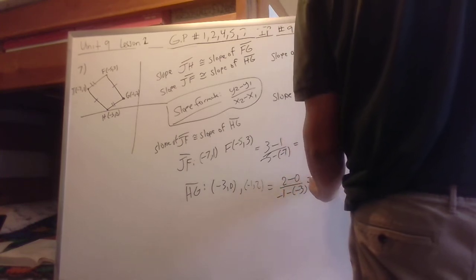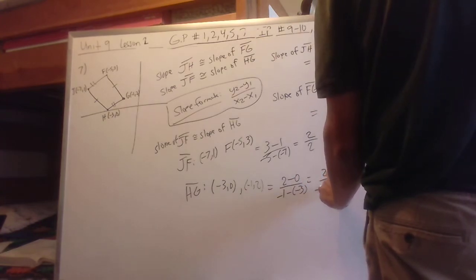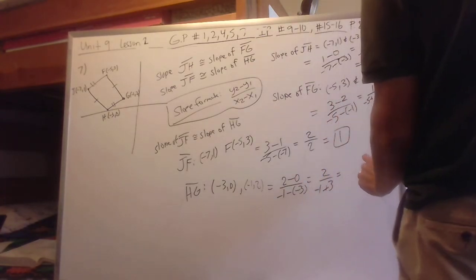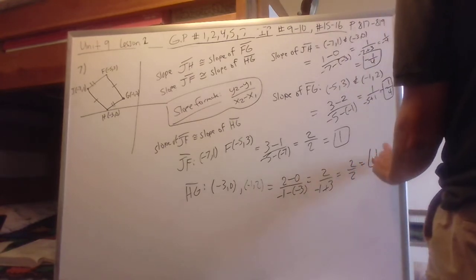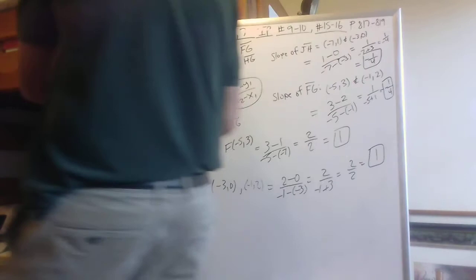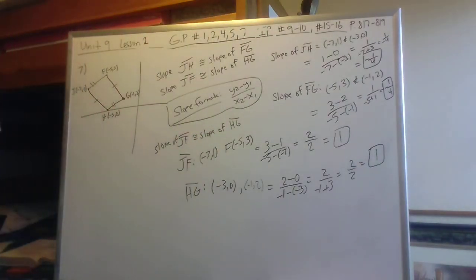That gives us 2 over negative 1 plus 3, so 2 over 2, which is 1. So since these two slopes of JF and HG are congruent,